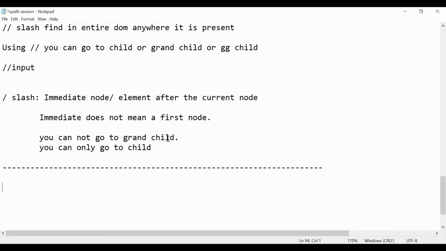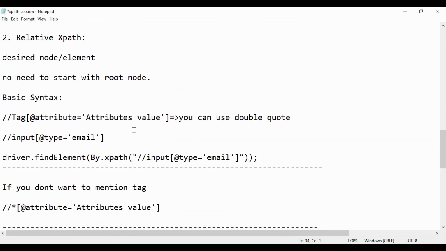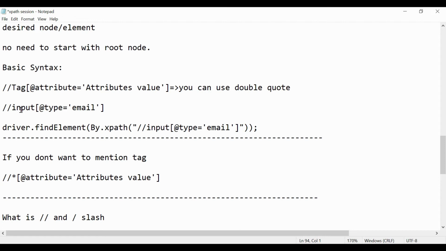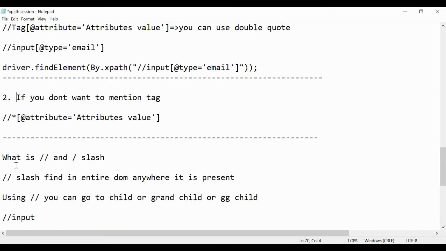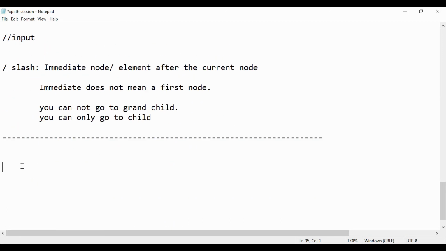Until now we have just been moving from one node to another node in the forward direction, right? So let me show you.